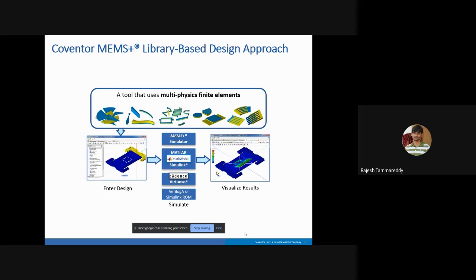So Verilog-A: suppose you have a design and you want to keep it copyrighted. You don't want to share how your beams are connected, how your plate is in the design, all those things. But you want to share the design with ROIC people for the IC designing. So what you can do is create this reduced order model using Verilog-A. So what is a Verilog-A file? It is just a text file, right? If you open and see the model, you just see text there with numerical values, whatever it is. So they cannot really see what your design is.